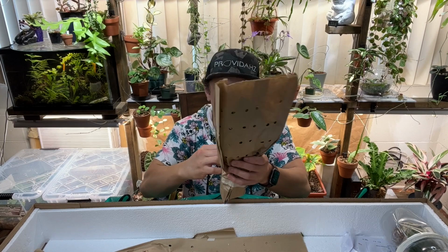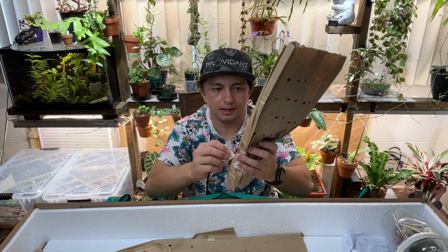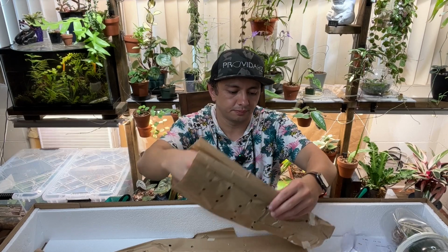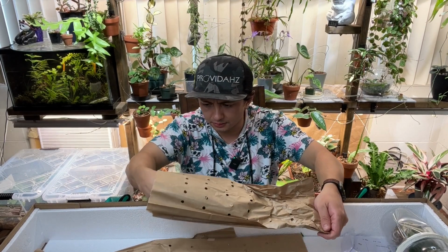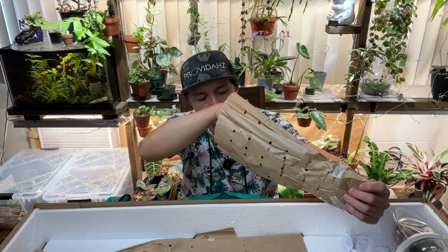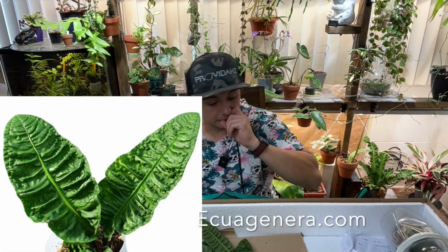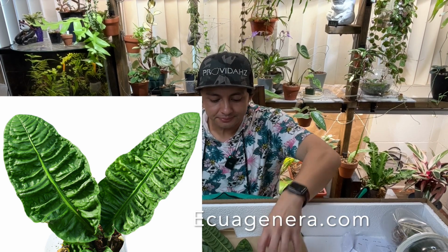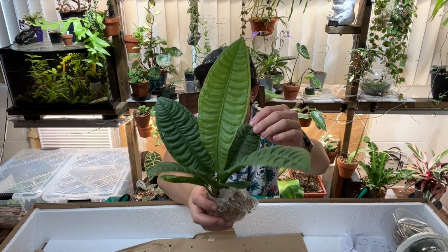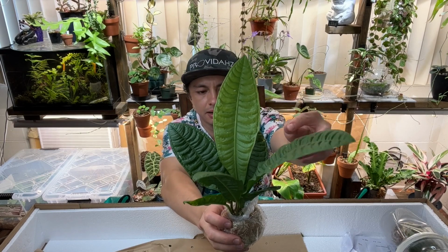Okay. Here we go. This is a cool one. This is another Anthurium. And it's wrapped in that paper that's not waxed. At least I don't think so. Maybe it is waxed, this one actually. Okay, careful. Oh, that's cool. Okay. This is a bird nest type of Anthurium. Tell me if you can guess what it is. So there's that. I love corrugated like leaves. It's a very stiff leaf like a lot of bird nest